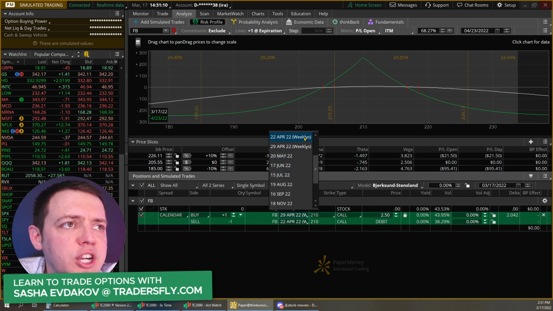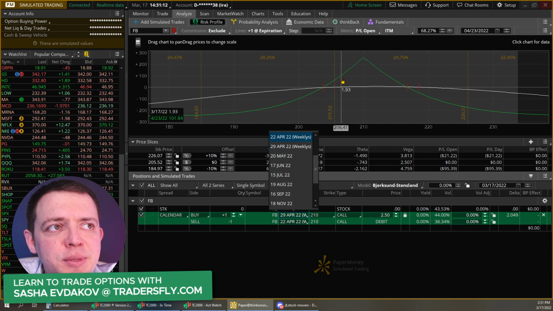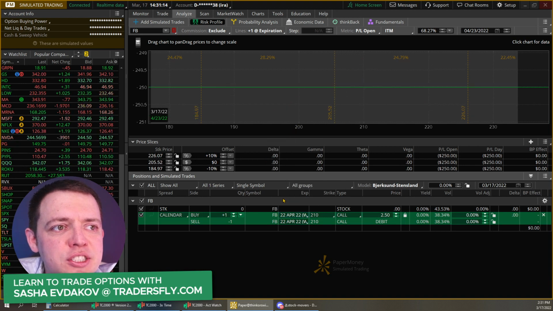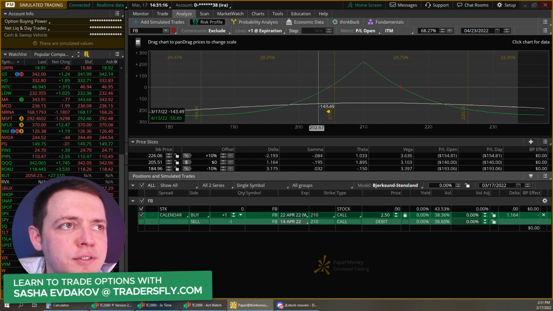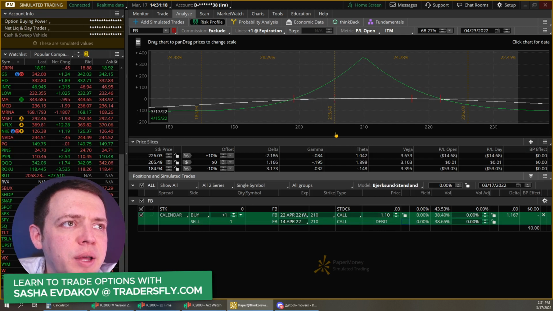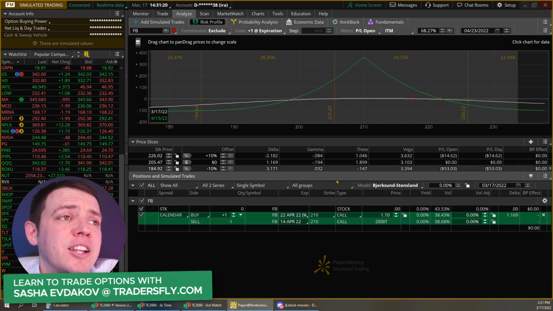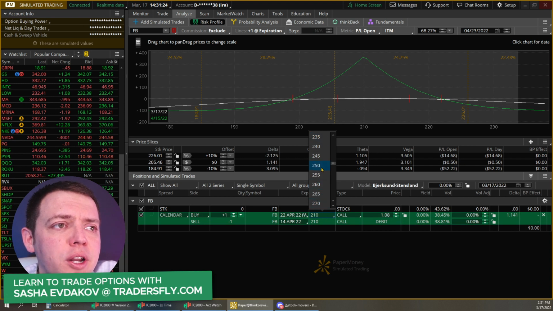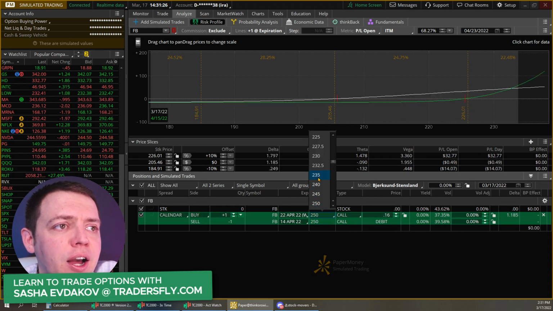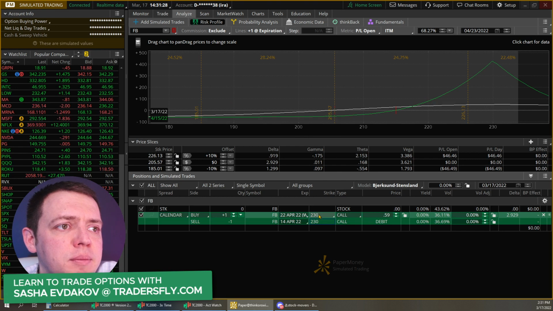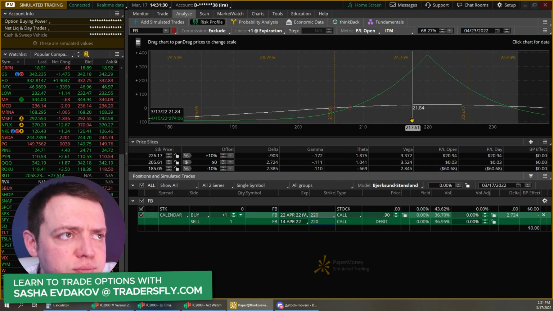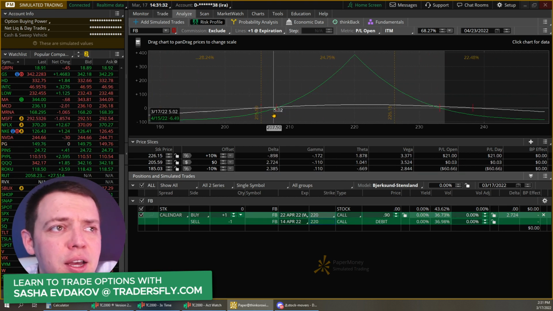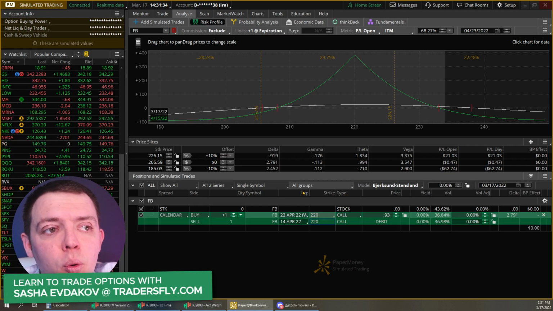I'm going to change these strikes. The reason I'm doing that is because there's probably earnings somewhere in here, and the mountain looks a little off. This looks a little better. Okay, so now I've got a calendar. Now, if you are bullish and you're doing a calendar, you probably want to go further out, maybe 230, maybe 220. Now you've got more range, because otherwise this thing could overshoot quite a bit.